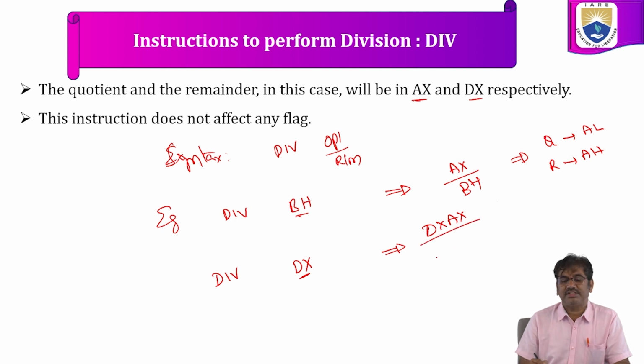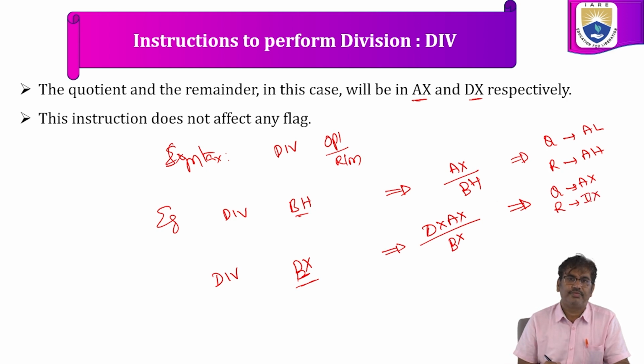The divisor which is 16-bit DX, so here it will be divided with DX register only. If you want to change this, it can be a BX register. Now we can divide with BX register. What operand we have specified, that will become divisor. So after this division operation, the quotient is in AX register,